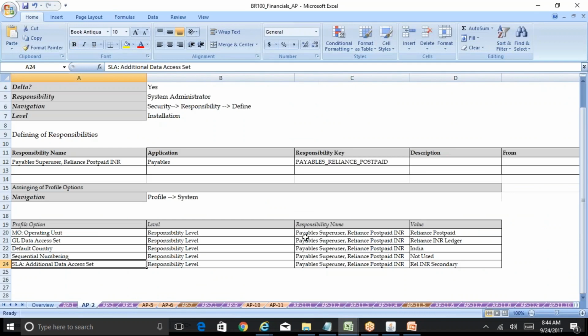so these are the 5 important profile options which you need to assign at the responsibility level. There are a lot of other system defaulted profile options which are already set at the site level. We do not get into those things. Okay,